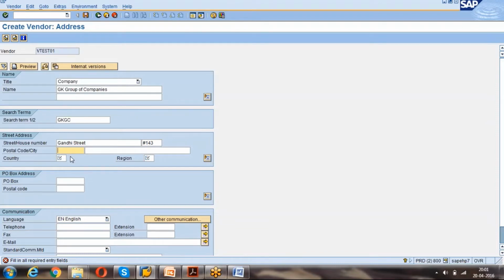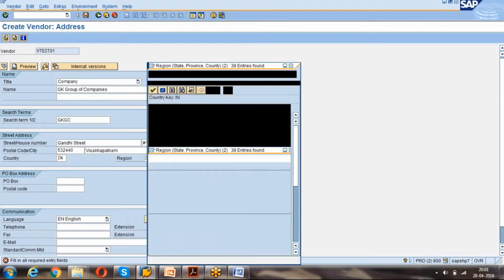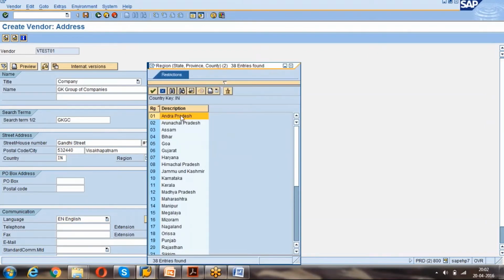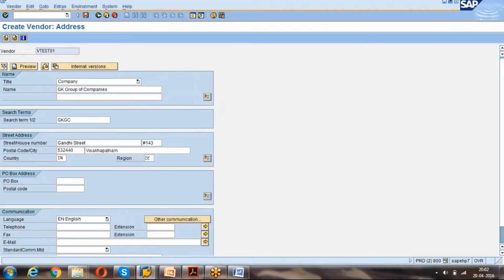Postal code, if we have it, we can give 532440. City we can give any, Visakhapatnam. The country IN we can select also. The region means what state it comes under: Andhra Pradesh, AP.